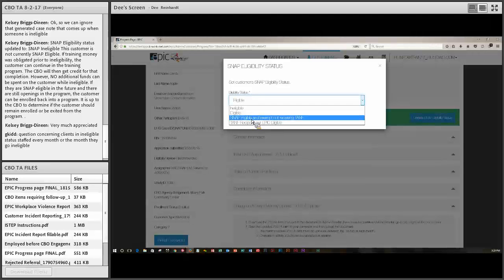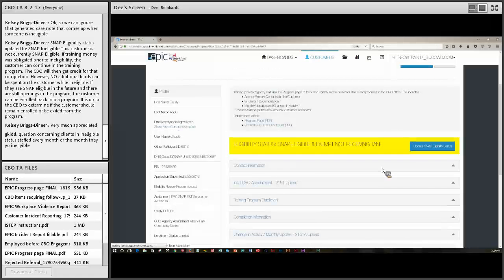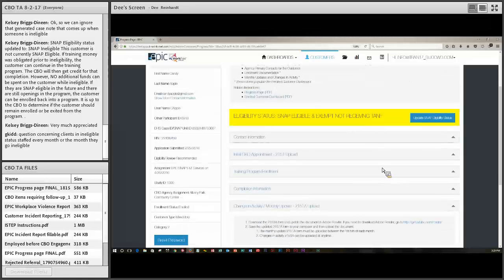But DHS would like it if the CBOs could leave their case notes on the customer's progress page, and DHS will leave their case notes on the customer's profile page. I don't know if any of you have had to go in and export a list of your customers, but that export includes the last case notes left on all those pages. And so by doing this, this will allow DHS to easily export a list of customers and